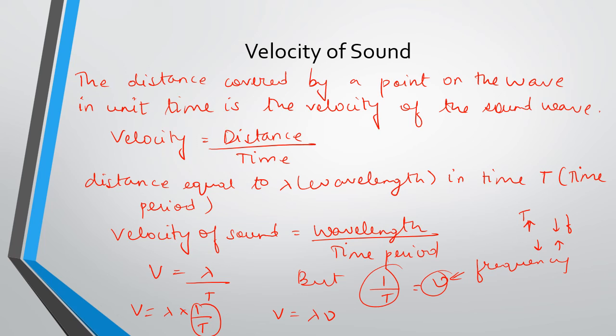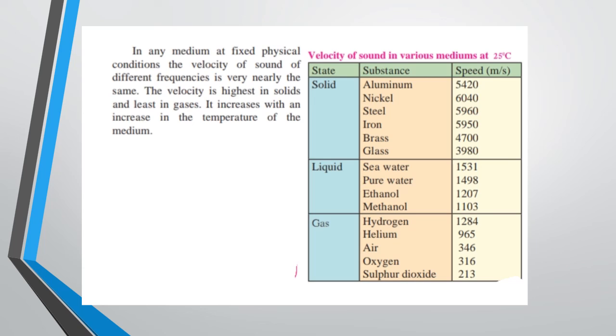So which means that your velocity of sound is equal to wavelength multiplied by frequency. Okay, this is your formula. Velocity of sound is equal to wavelength into frequency. As we had studied in the previous activity which we had done, we could hear the sound of that stone which was hit through the iron pipe. We could hear it through the iron pipe much before you could hear it through the air.